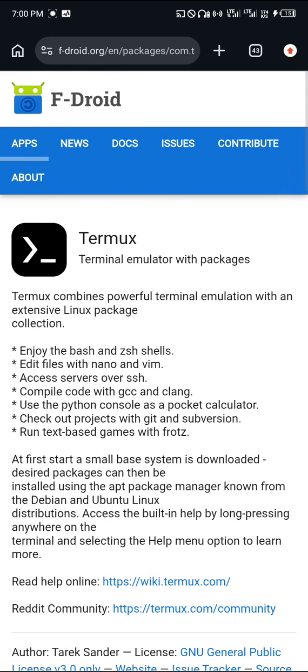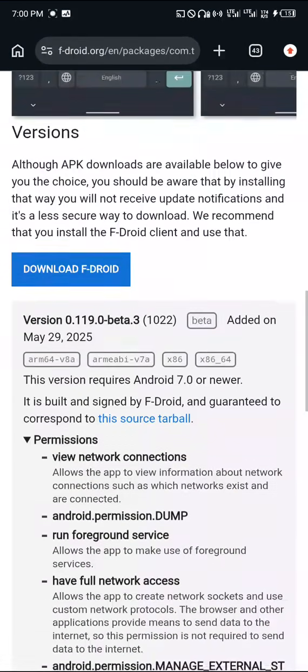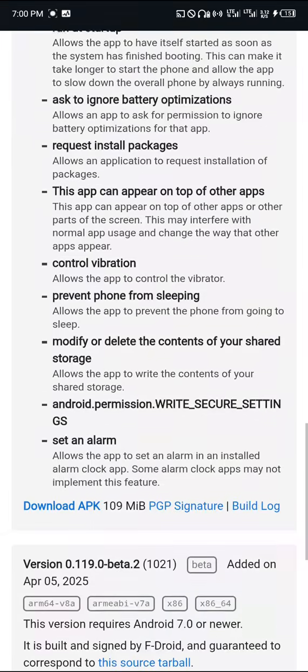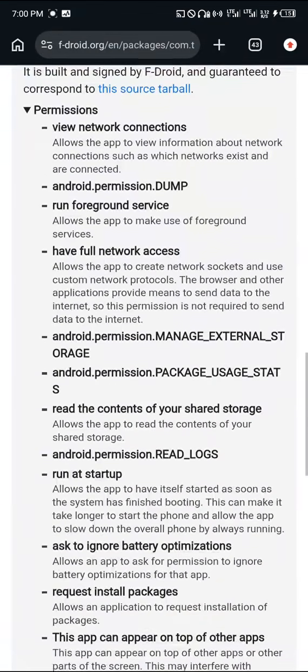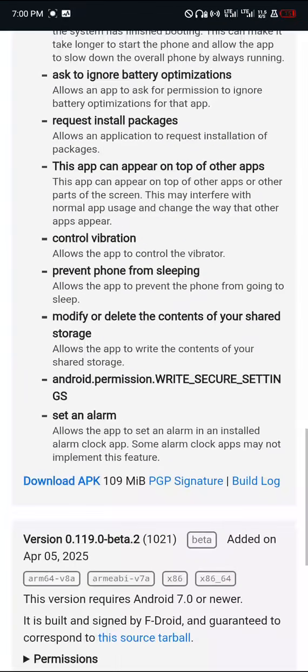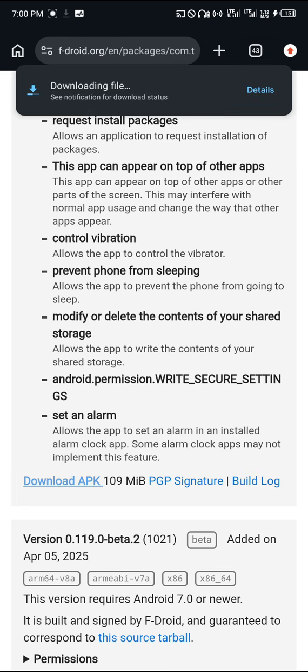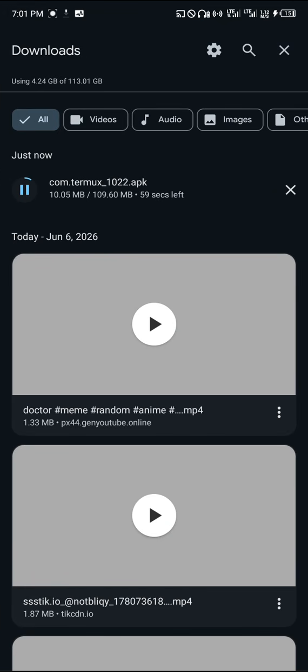So install it from F-Droid. Don't click download F-Droid. This is a store, so you don't need that. What you're going to do is come down. You see the latest one listed after the download F-Droid, then you see the download APK here. You download this, and from here